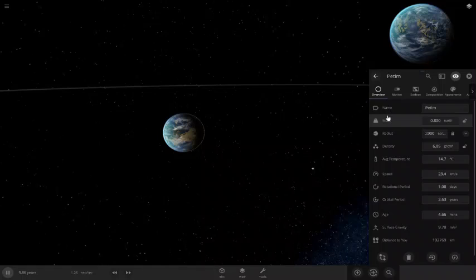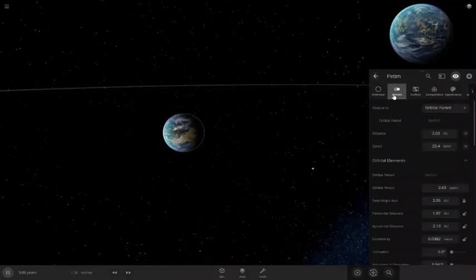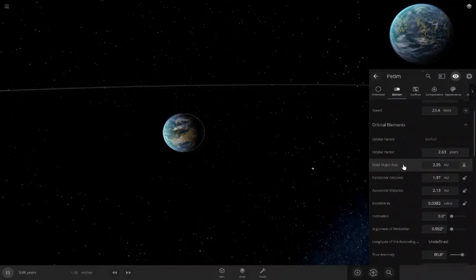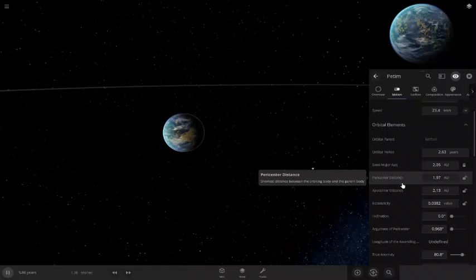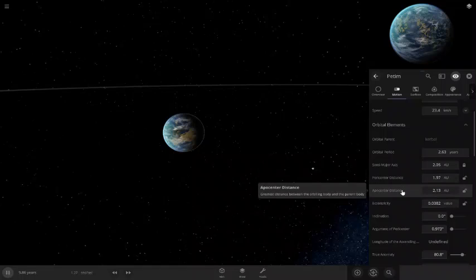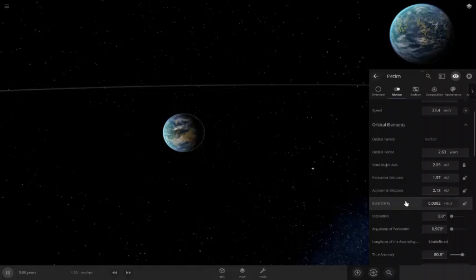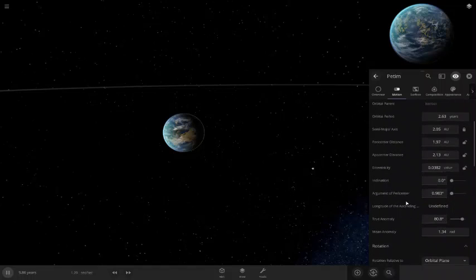It's got a radius of 0.9 Earth radii, a gravity that is 0.988 times Earth's gravity, an axial tilt of 10 degrees. It's got an average orbit of 2.05 astronomical units, an eccentricity of 0.08,